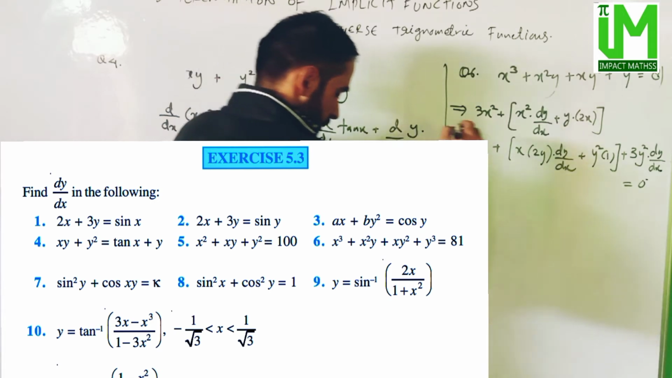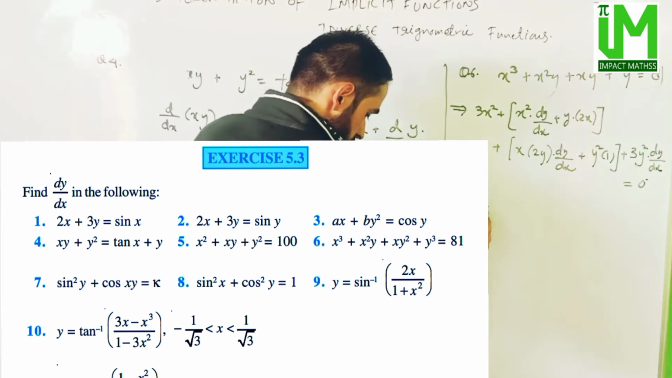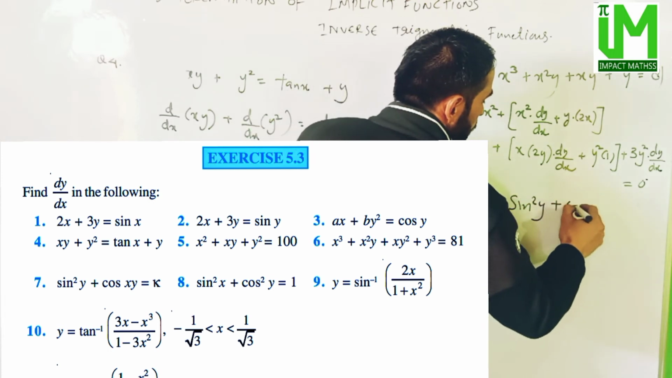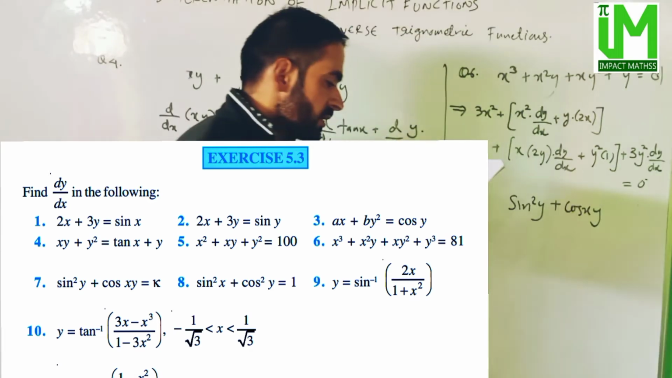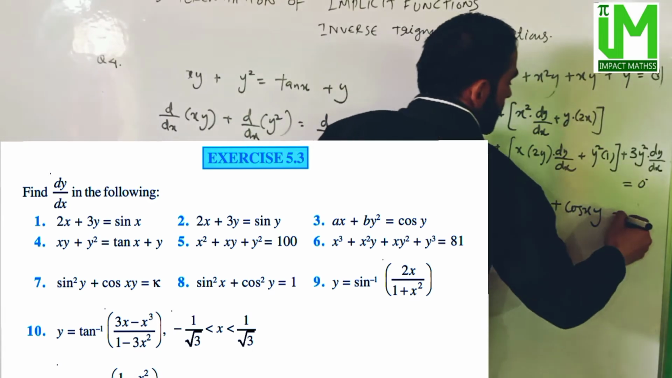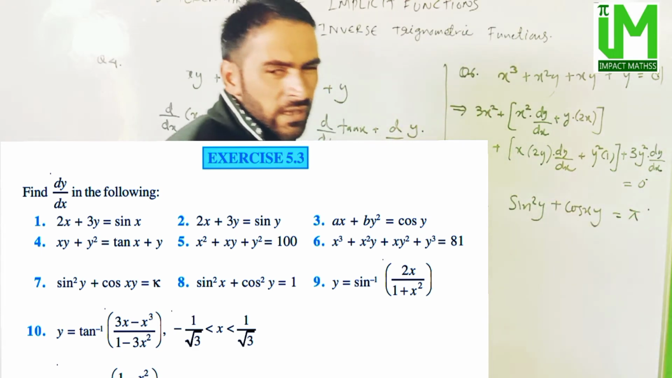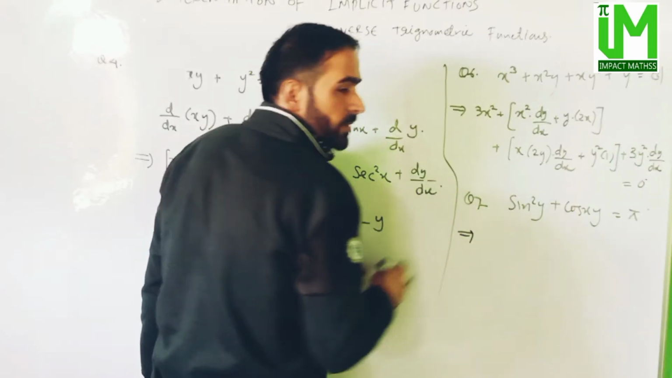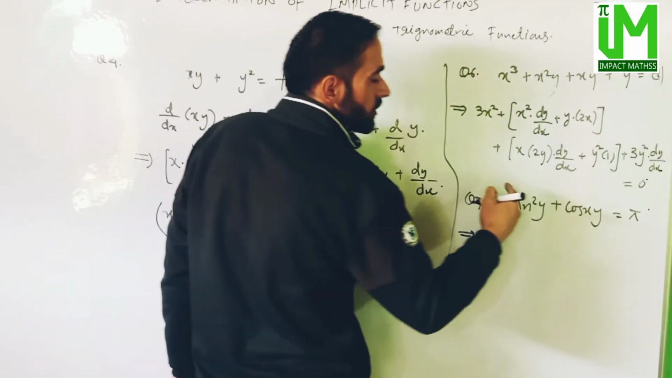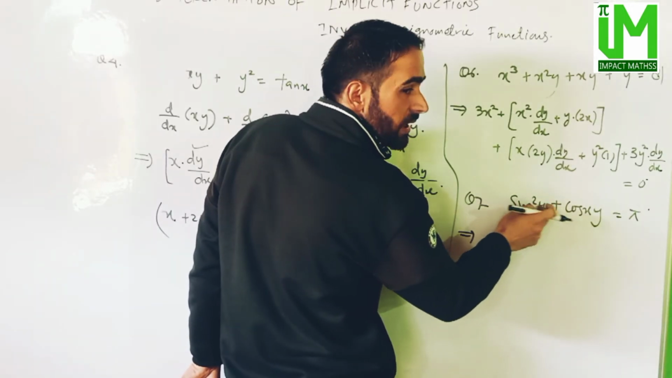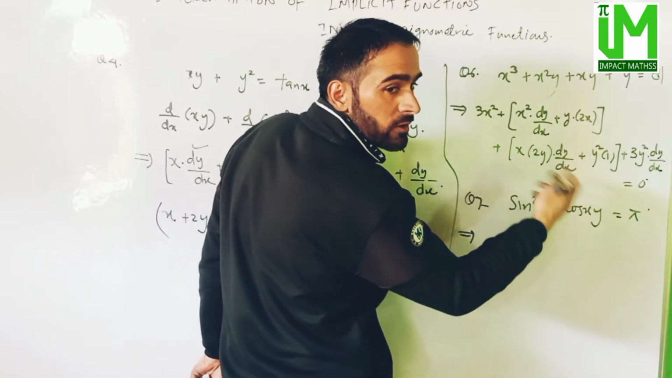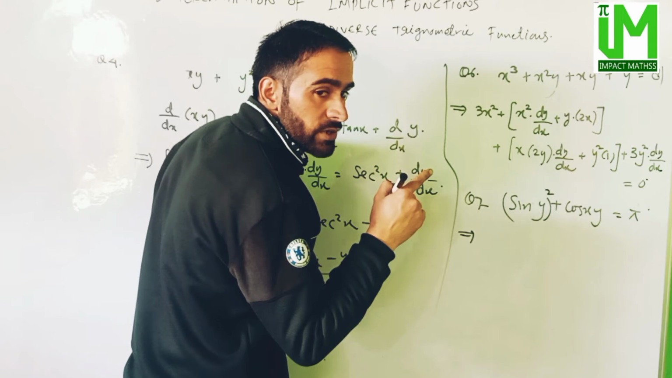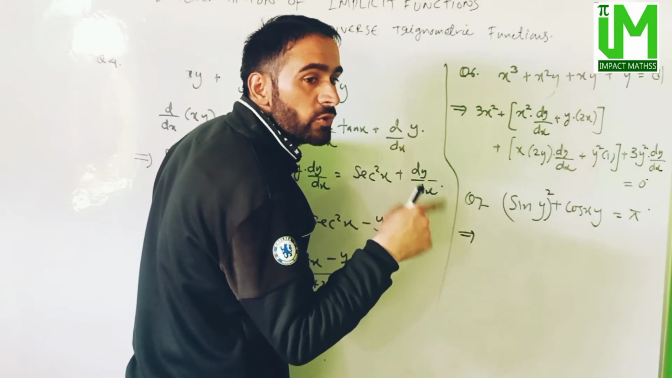क्वेश्चन नंबर 7: sin square y plus cos of xy is equal to pi. Pi is again constant, k pi is constant, k is constant, it will be one and the same thing. So अब इसकी डिफरेंशिएशन डायरेक्ट, फिर से sin square y, ठीक है, so it will be sin y whole square. अब x square की डिफरेंशिएशन, 2x, ठीक है, 2 but